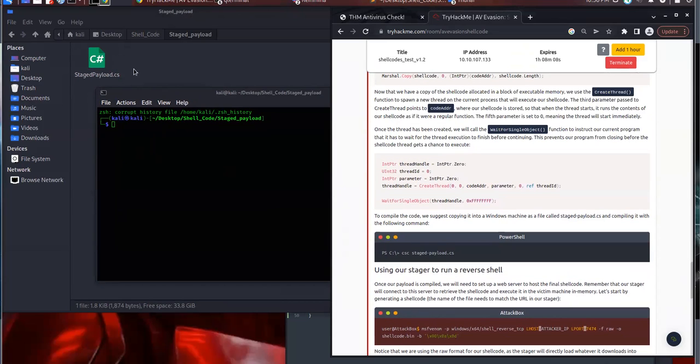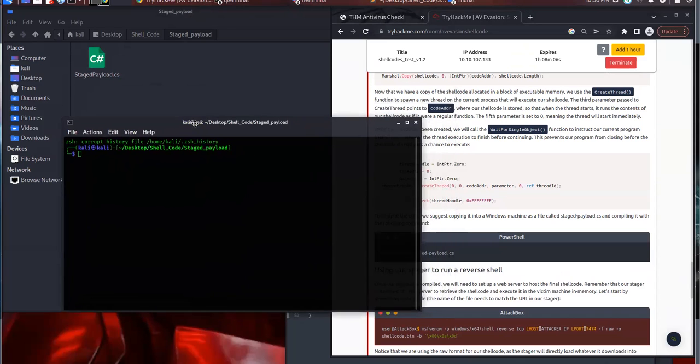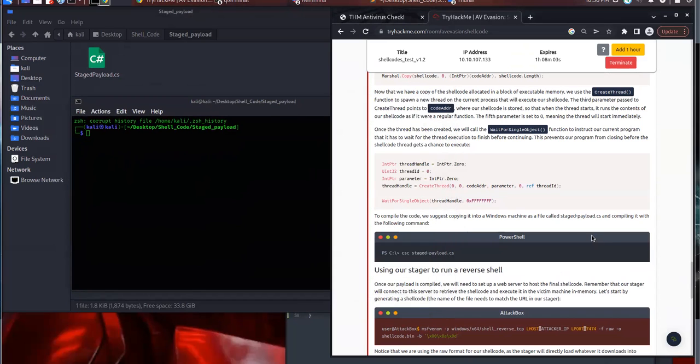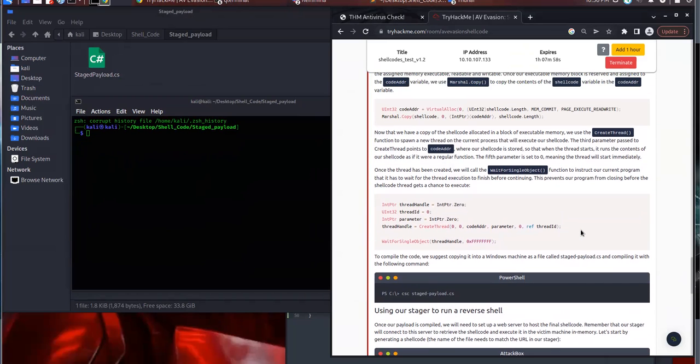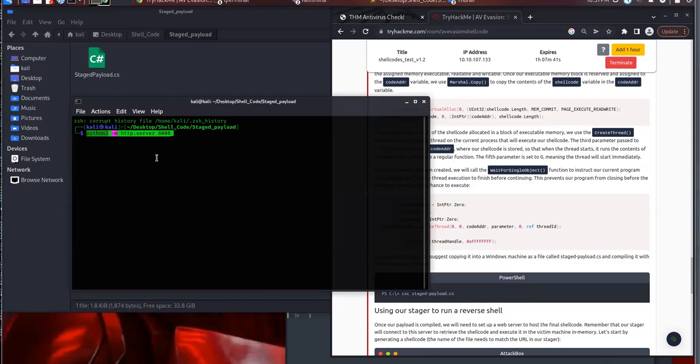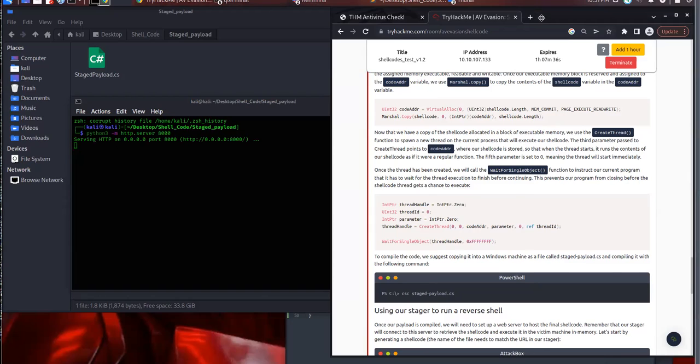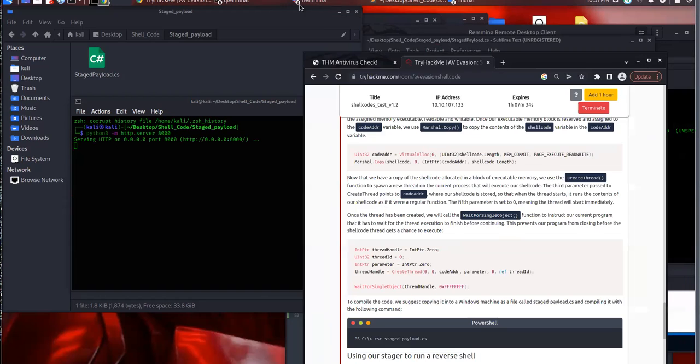So they just want us to upload this to the Windows machine so that we can, okay. Okay, cool. Let's do this another way here. I don't know if that machine has cert-util, but I'm just gonna use cert-util. I'm just gonna start a Python web server, this one. And then from the Windows machine,